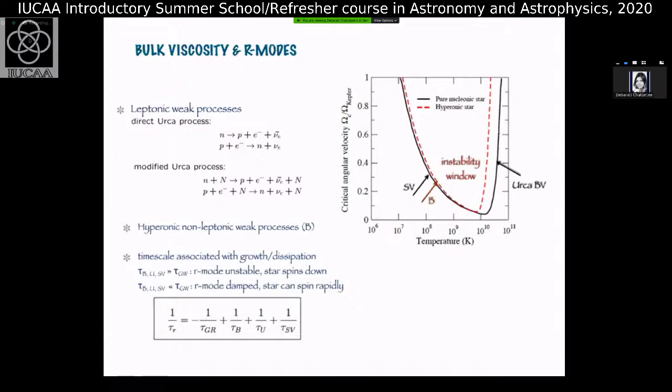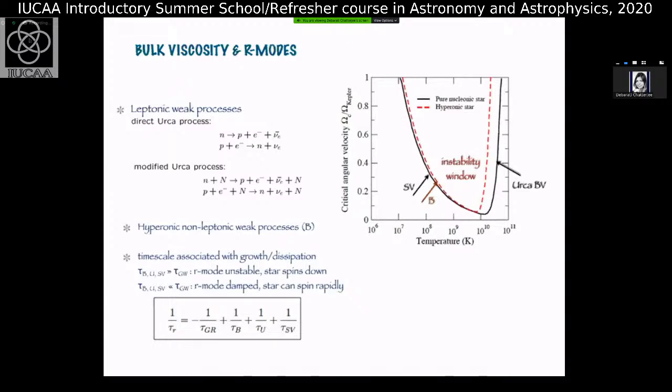The only way that the star can counterbalance this gravitational wave emission is by leptonic weak processes in the neutron star, which produce bulk viscosity to balance out the gravitational wave emission. And these leptonic processes are basically involving the different components of neutron stars. So if only neutrons, protons, and electrons are present in neutron stars, then these would